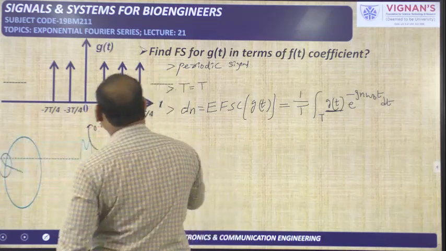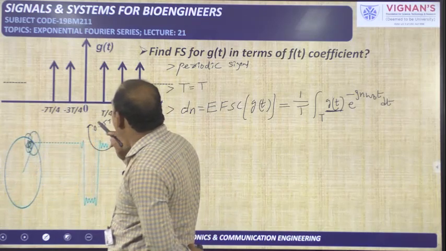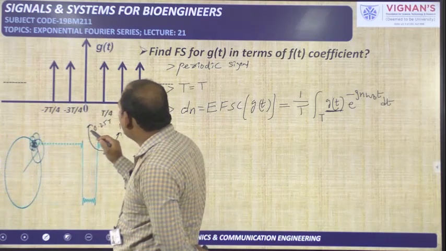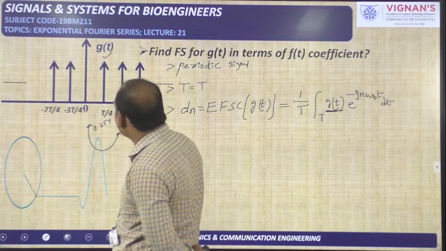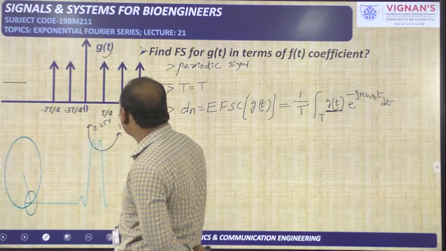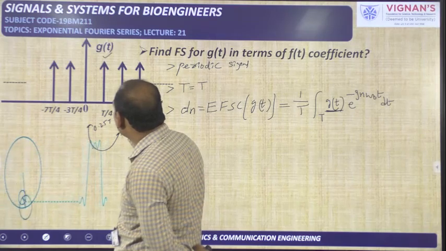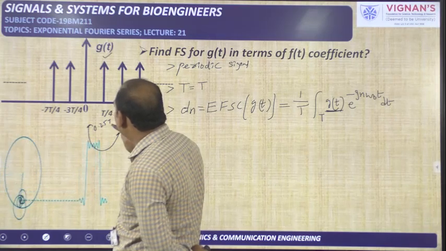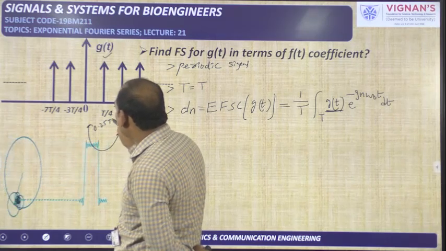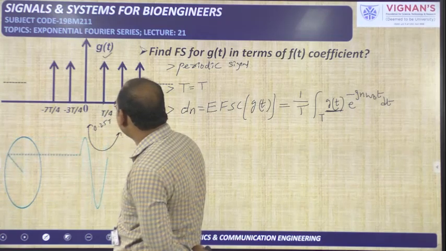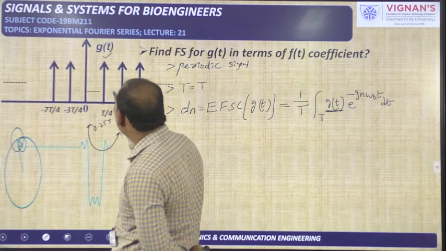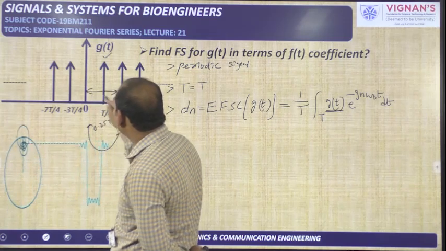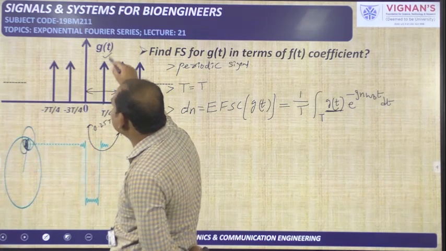Okay, see here. Where is T available? Here 0 is there, and here at T by 4 one impulse is available. The next is 5T by 4, which means 1.25 into T. Here it is 0.25 into T, it is T, it is 1.25 into T. So if I take from 0 to T, that is enough. If I take from 0 to T, within this duration one impulse is coming.